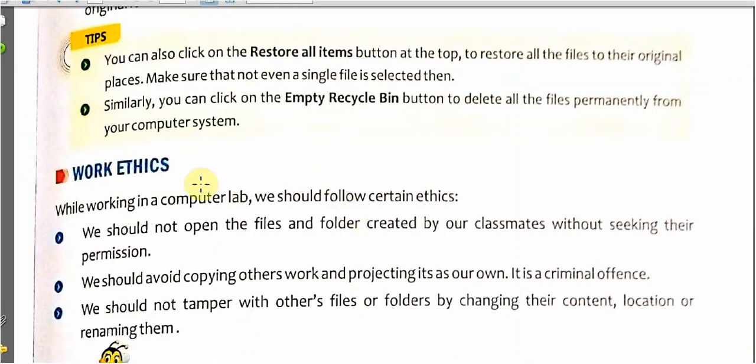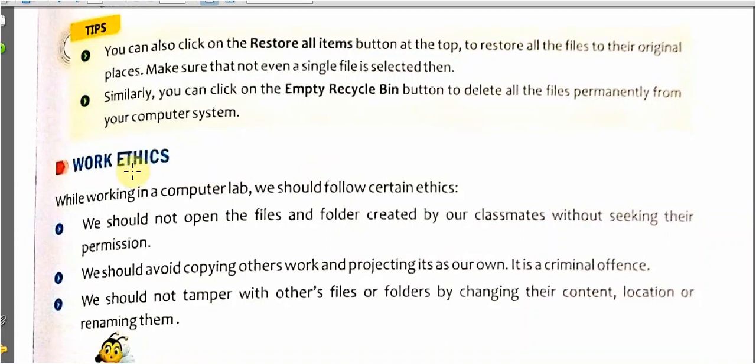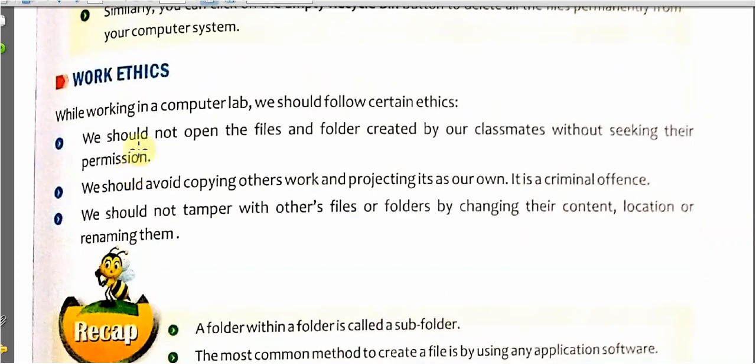Next topic in this chapter is work ethics. Work ethics means certain good things we should follow while working in a computer lab. We should not open the files and folders created by another person, and if we are opening them, please ask for their permission.